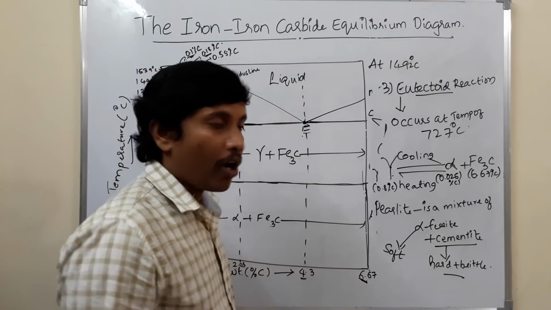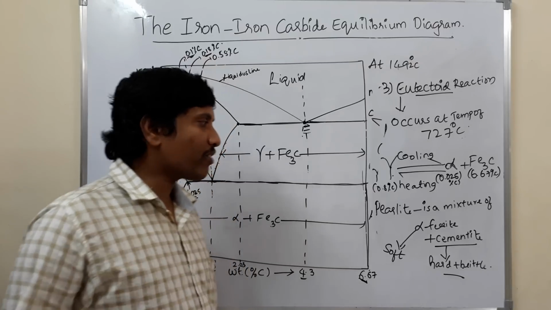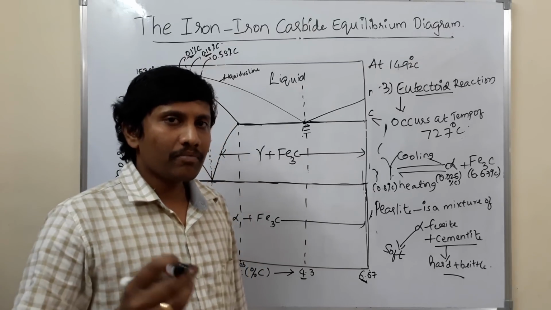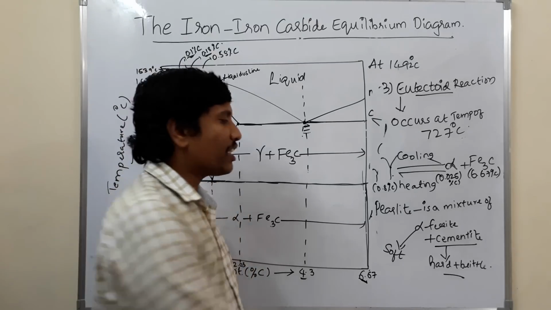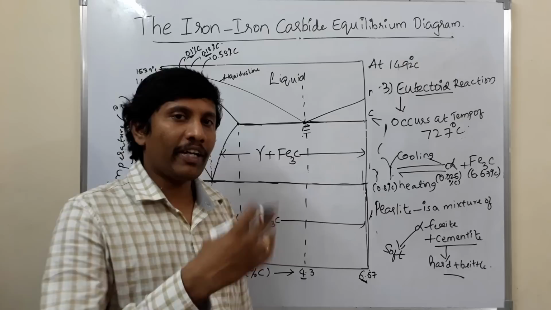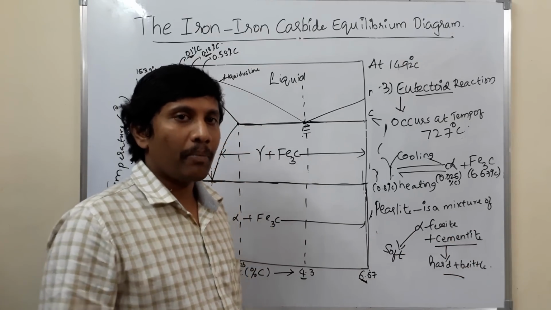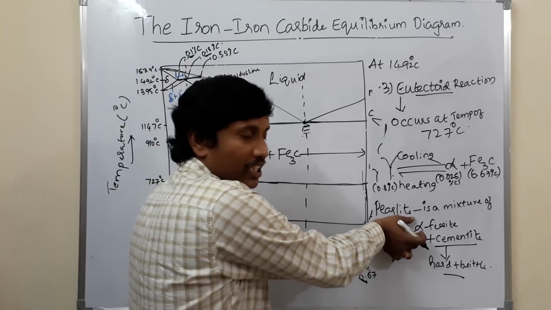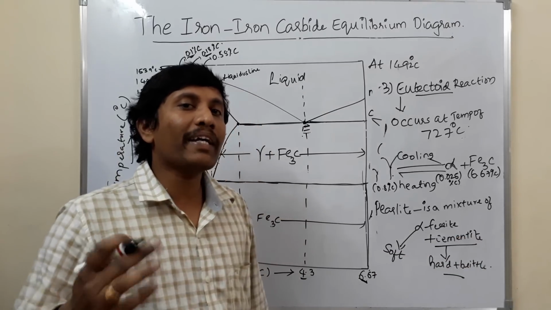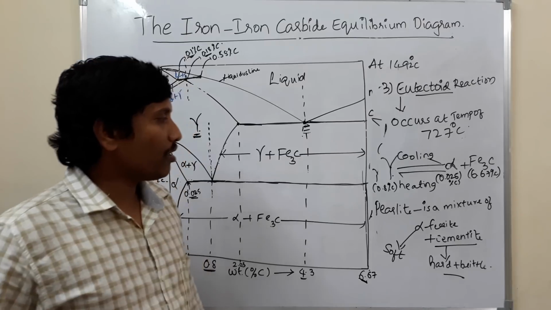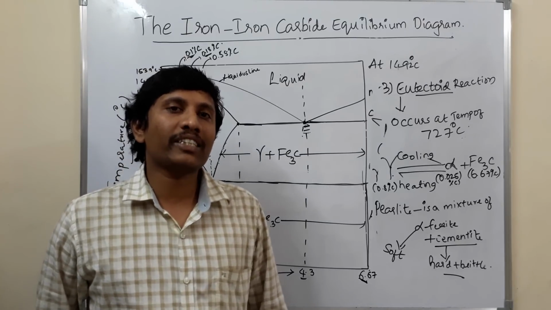So you have a combination of both soft phase and hard phase. That's why steel has been used for many applications. By varying the percentages of ferrite and cementite present in the steel, we get many different mechanical properties. So that's all for today. We have discussed three different invariant reactions occurring in this